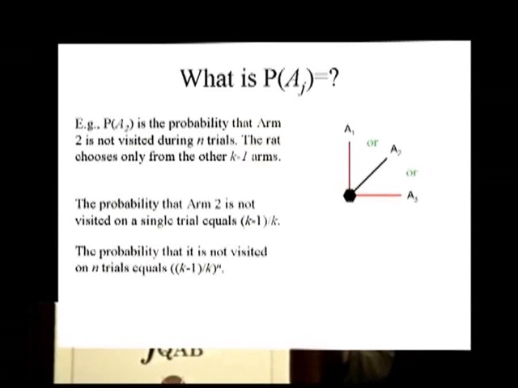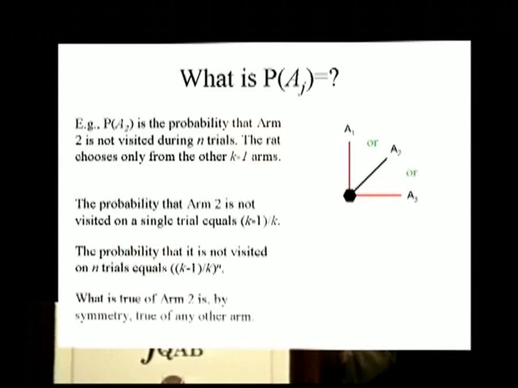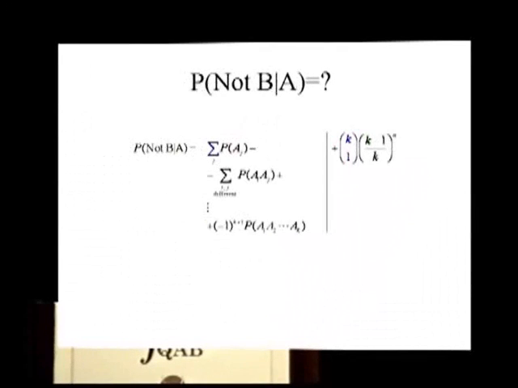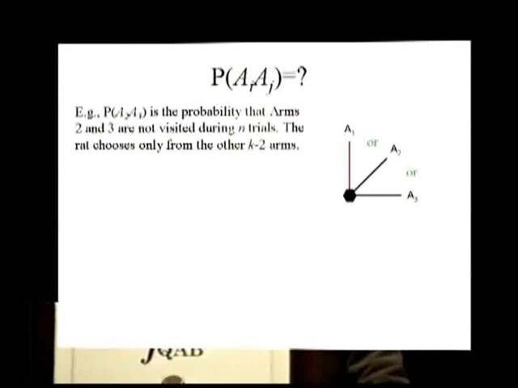So, I take advantage of another nice thing in the situation. There is symmetry. And what is true of arm 2 is true of any other arm. Okay? So, here I have my first term. I'm going to build a table. This is the probability that I failed one of the arms n times. How many of these? One is related to the summation, the other to the probability. So I start to build my table slowly. Remember, many steps, each one relatively easy. Now, we need to go to the second term. And I need to hurry a little bit. Okay, in many of these problems,